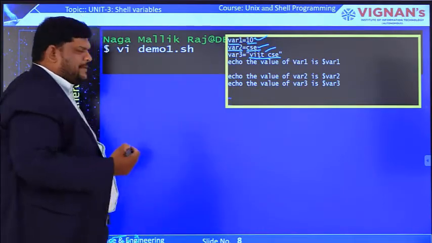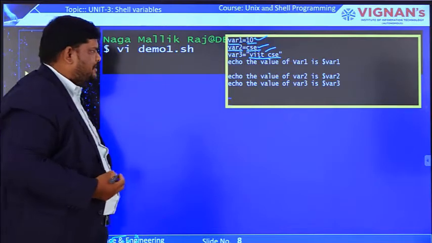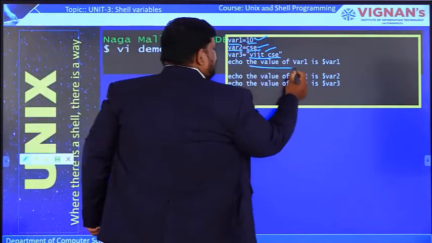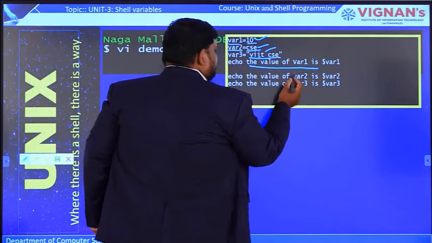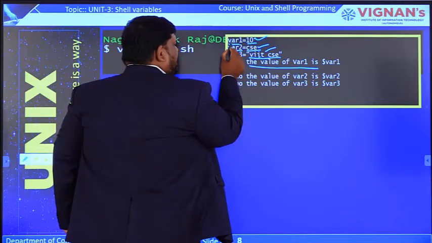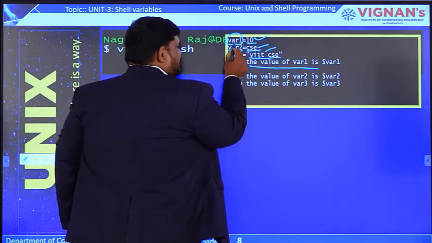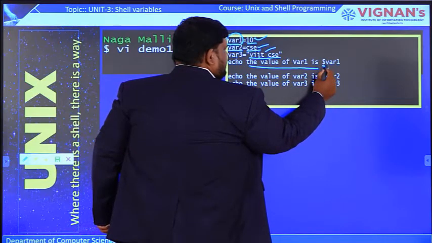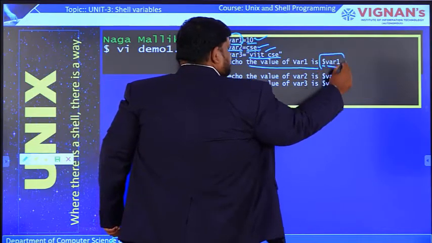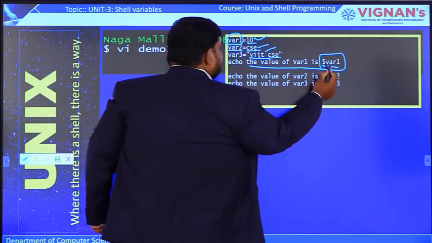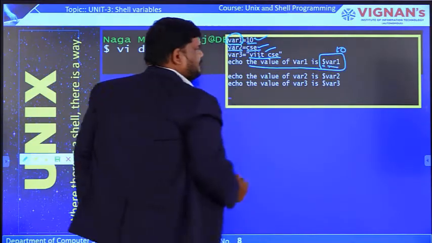Now, for print statements, I am using the echo statement. I write "the value of var1 is", and I want to access the value present in that variable, so I use the $ sign and the variable name. In the output it will be replaced with 10.